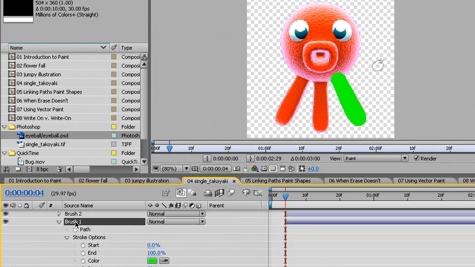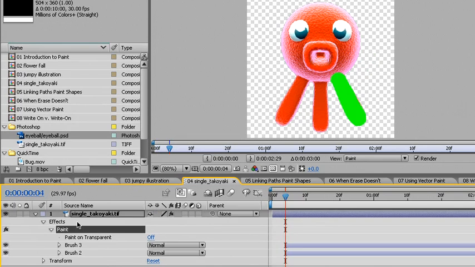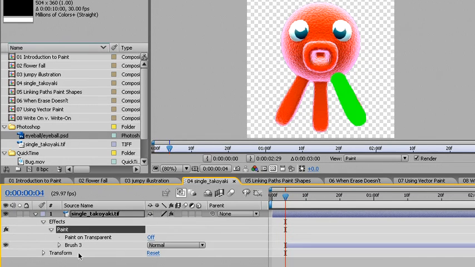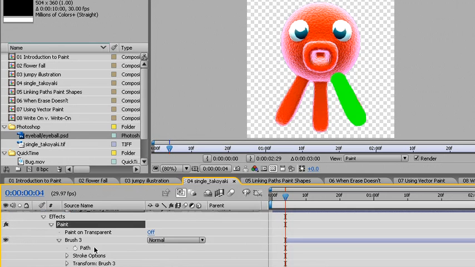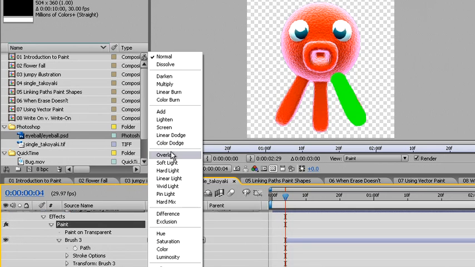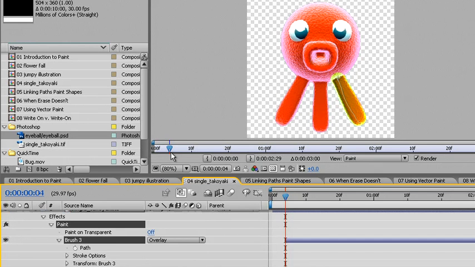I'll choose brush 1 and delete it using the backspace. Brush 2 is a small erase stroke, and I'll click this and erase that as well. Brush 3 could be used as is, or I could set the transfer mode of brush 3 to change the color of the leg. I can change the transfer mode of brush 3 here in the timeline,